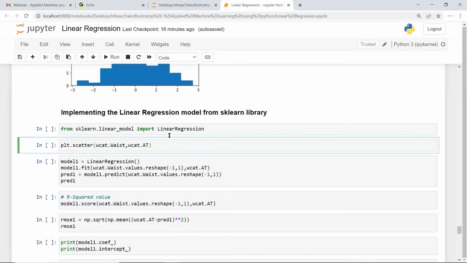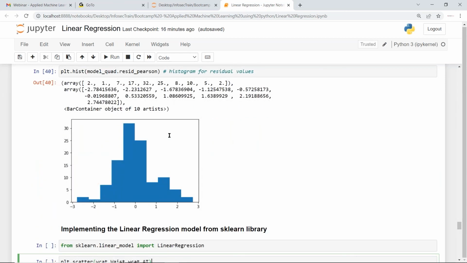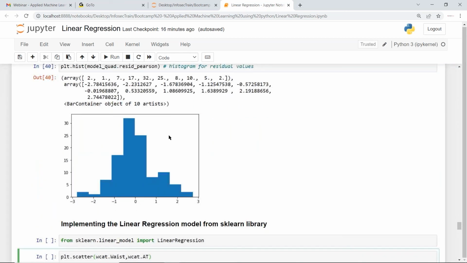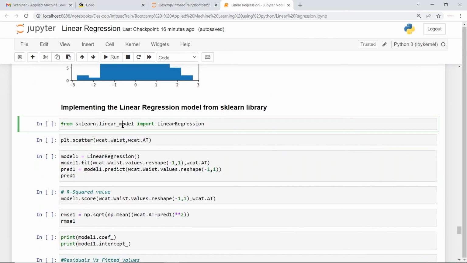Okay, because both of these codes are the same, but I use a different library to show you how to use statsmodels for linear regression, as well as how to use the sklearn library for linear regression. Okay,